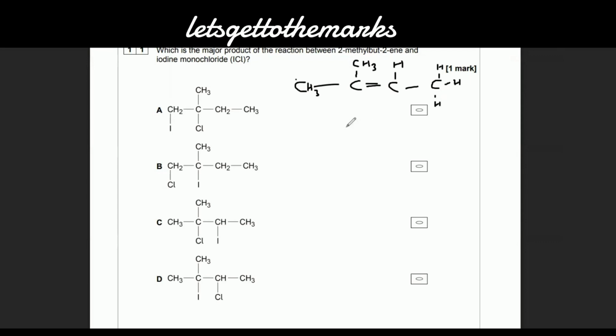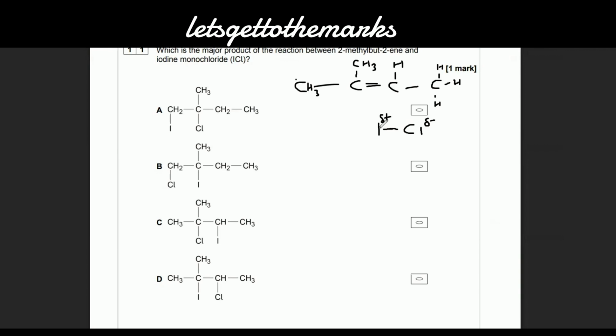Okay, so what's happening? This is very similar to when a bromine molecule approaches. You might go, oh, but what happens with the iodine? It's very similar. Basically, this approaches like this, and what happens is it gets polarized. These electrons repel the electrons in this covalent bond. Now, chlorine's more electronegative, so chlorine's going to become slightly negative, and the iodine positive. And now we just have to figure out